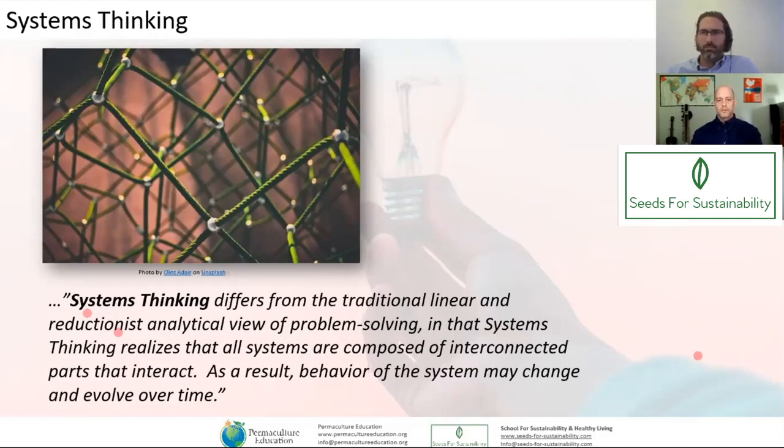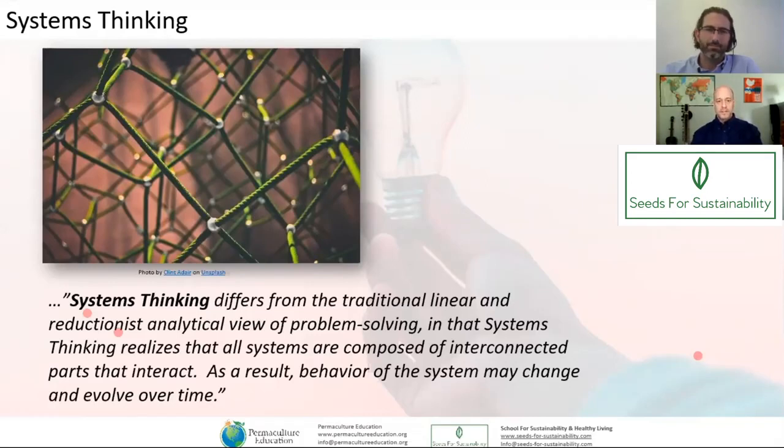Now, the roots of systems thinking are found in disciplines such as biology and ecology, where many environmental factors may interact to affect individuals embedded in a given ecosystem. By observing patterns in interactions, we can better design products and systems that are resilient to changes from outside the system.